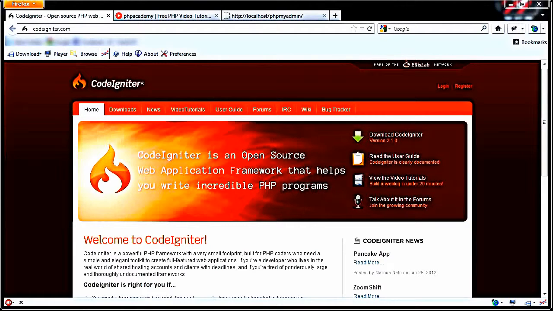Codeigniter. What I'll be teaching you guys in this series is some of the basics of Codeigniter. I want to cover Model View Controller. I want to cover a bunch of the libraries and helpers that Codeigniter has to offer. I also want to help you guys start to understand the workflow and just the way building your Codeigniter applications are going to work. Before I begin, I want to talk a little bit more about Codeigniter, what it is,